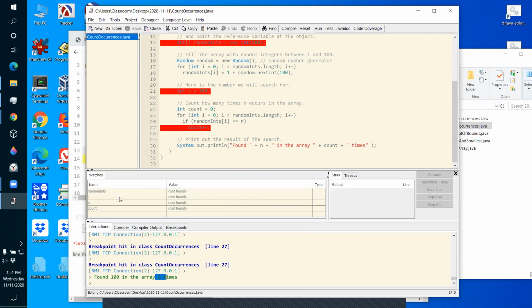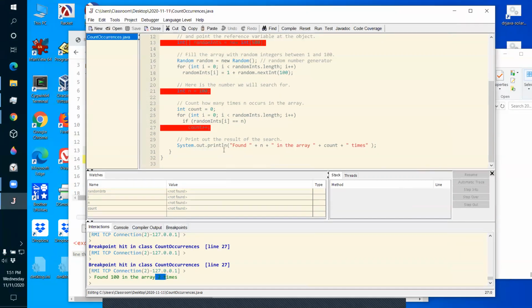There's no real reason why; it's just a flaw in DrJava that when we were looking at that big array, we could only see a little window of the array. They should have let us double click on it, and it would maybe pop up in a separate window. If you use a fancier debugger like IntelliJ or Eclipse, you could see the whole array in a separate window.